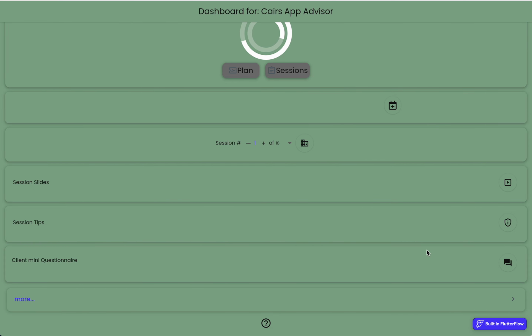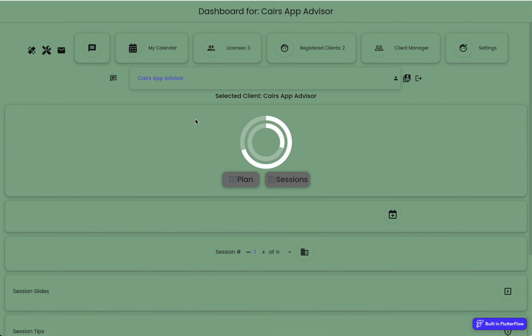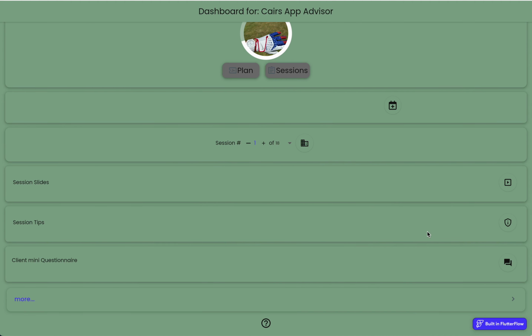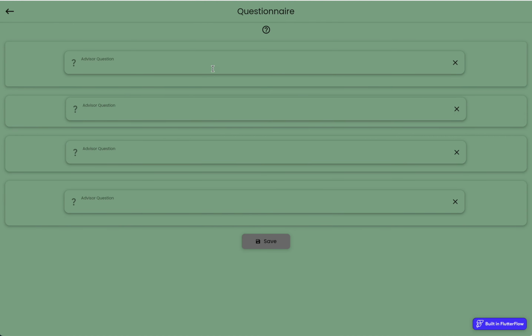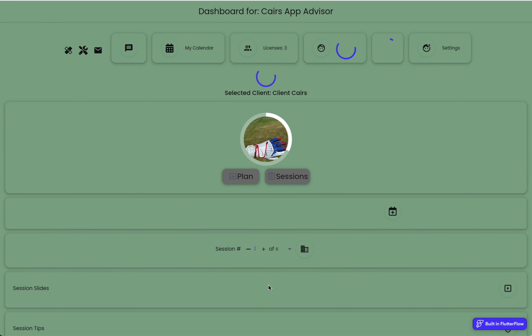We have what we call the client mini questionnaire. This is exactly as it sounds. I can ask my client, and remember, we're always working with the selected client. So which client do we want to work with? We're working with that client, and we want to ask them a question, and that question is, what is your current credit score? It doesn't matter if it's related or not, but I'm going to hit save there,